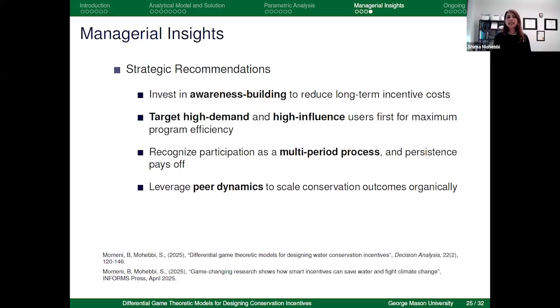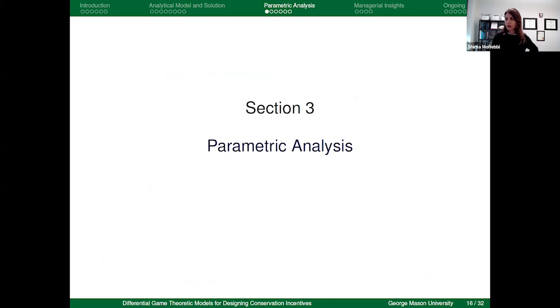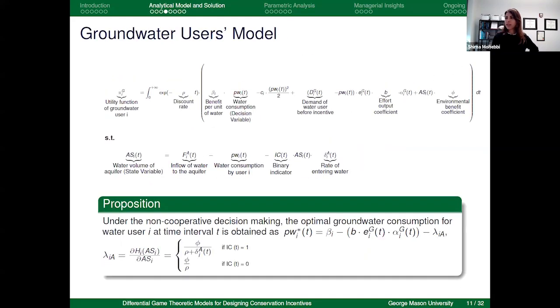Yes, they are. Well, this is a non-cooperative game. It means that they make their decisions separately. No, but this I understand, but what is the connection between one player's model and the other one? Yes, that's a great question. So for example, the utility function for groundwater users, you can see the decision variable from the NGOs, their effort level. That decision variable should be plugged into their utility function, and then they can make a decision whether they should accept or not.